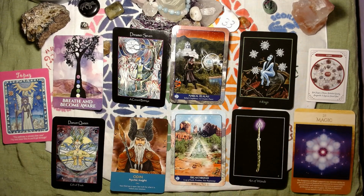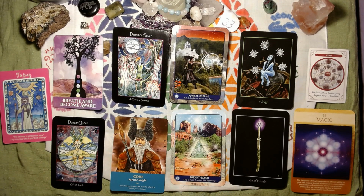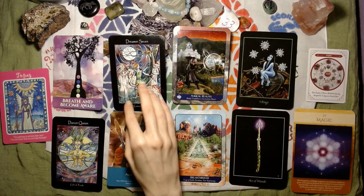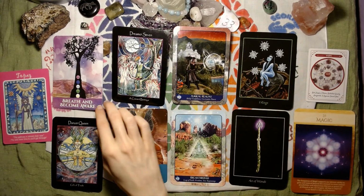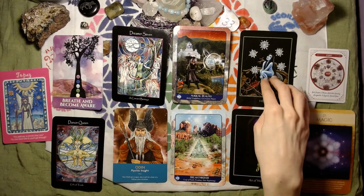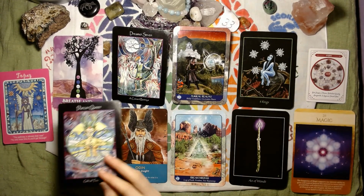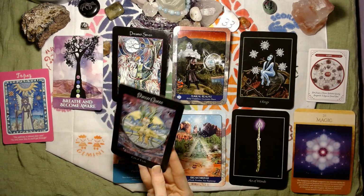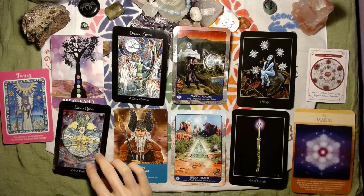So really you're being asked to come into this freedom state and to enjoy this and to have fun and to create from this magical place, create from this spark of inspiration, and don't hold yourself back from your wonderful gifts and your ideas. Become really aware of what your insecurities are when you're in this state, to not let yourself get sucked into this. You need to give yourself love and compassion too, with the Dancer Queen. I always say, when I see a court card come in, I usually don't like to say that this is someone else,